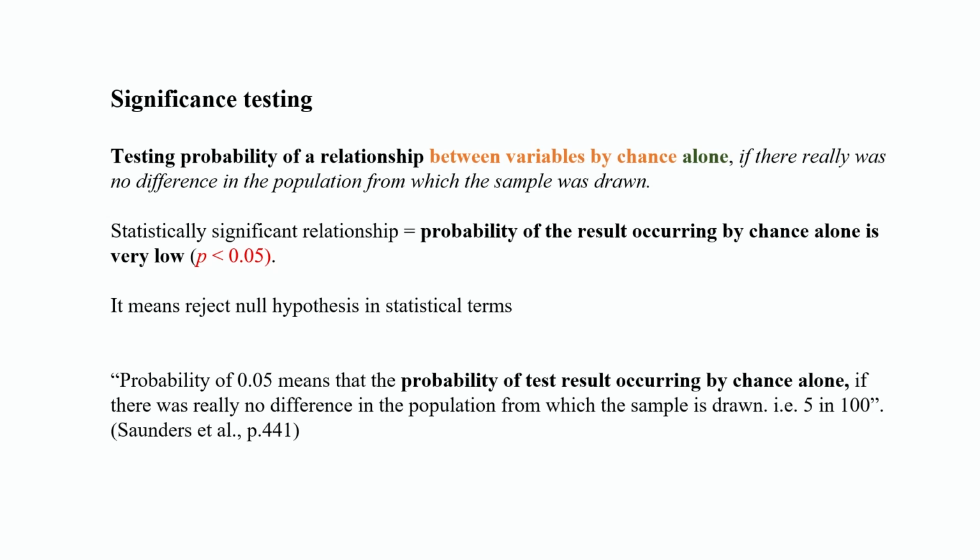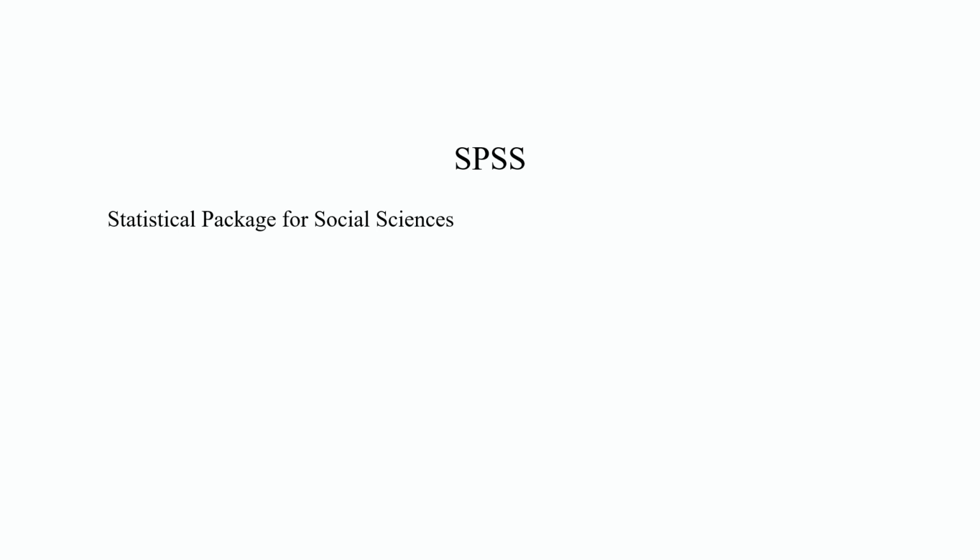0.01. I use the quote of Saunders. Probability of 0.05 means the probability of the test result occurring by chance alone, if there was really no difference in the population from which the sample is drawn, that is, out of 100,